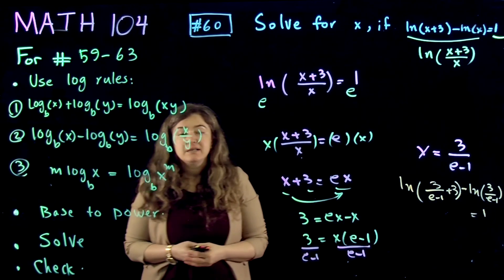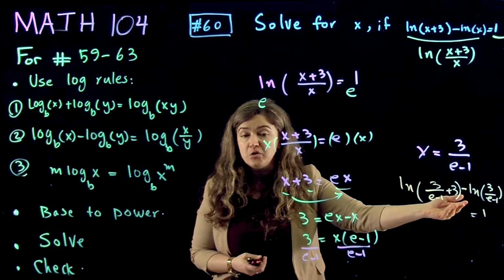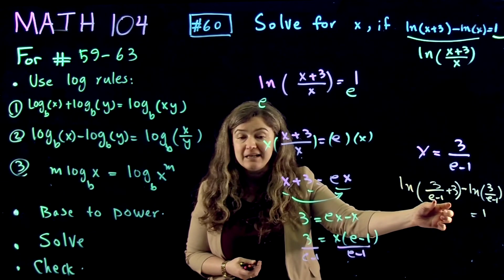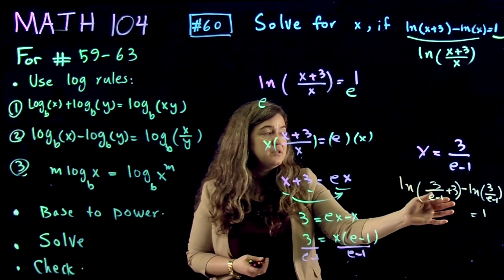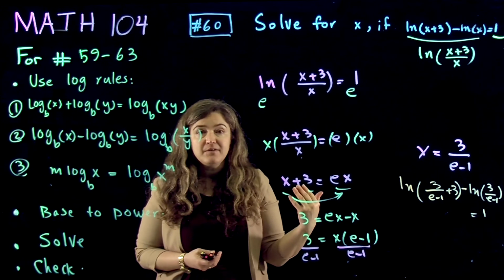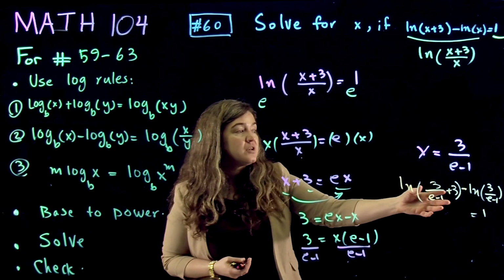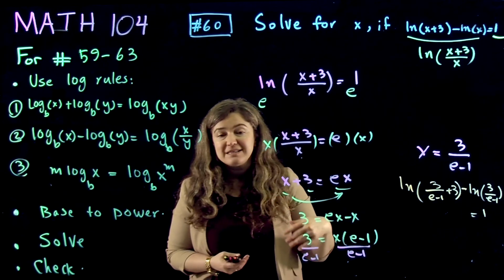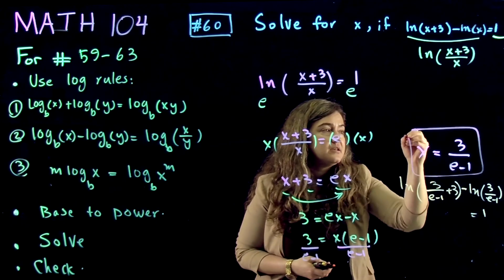So we did not violate any domain issues. We didn't put any negative number in by plugging in x equal to 3 over e minus 1, and we didn't put any negative number inside ln as an input of ln, natural log. Therefore, we're all safe. And so this is the solution. And you can enter that in your